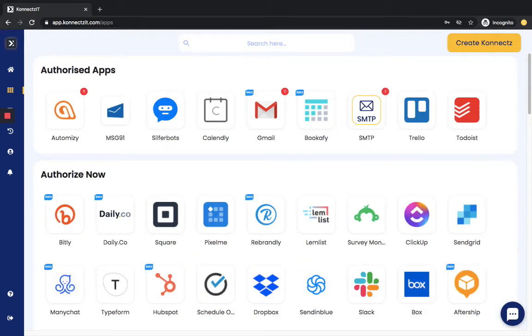Before you actually build your workflow, you have to authenticate your apps. You have to authorize your apps to connect them. To authorize your apps, you need to click on the app's icon, whichever app you want to authorize. For example, I am choosing To-Do List over here.